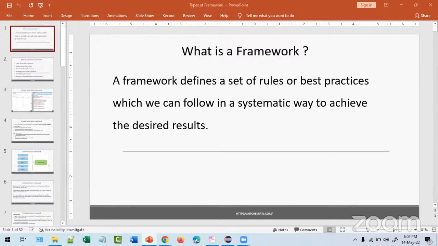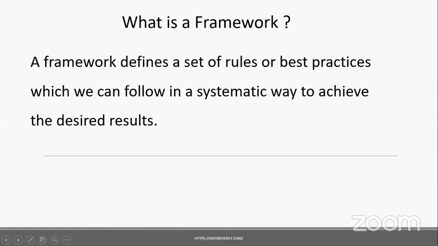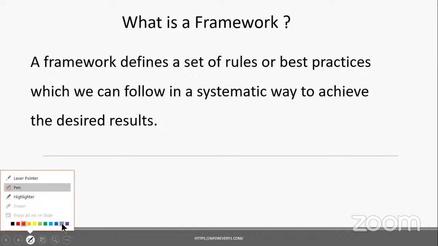How to explain a framework and all, we still have those topics. But first, let's understand what a framework is and why we want to learn it, not only in Selenium but in all automation tools. Framework is such an important topic. First we will see what a framework is. It's a very old slide, it was under AIforeveryone.com. Right now I changed that to TestNG Academy, but I felt these slides will help you.